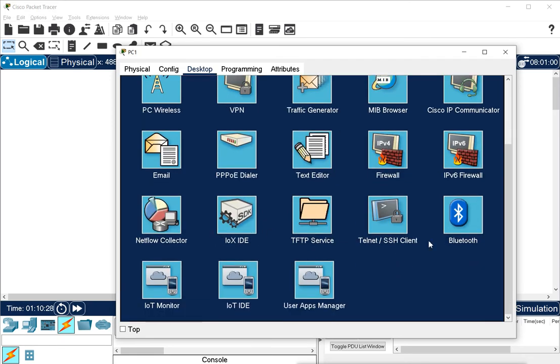Lots of things we have here. We have IoT IDE also, IoT monitor also, lots of devices are available here.